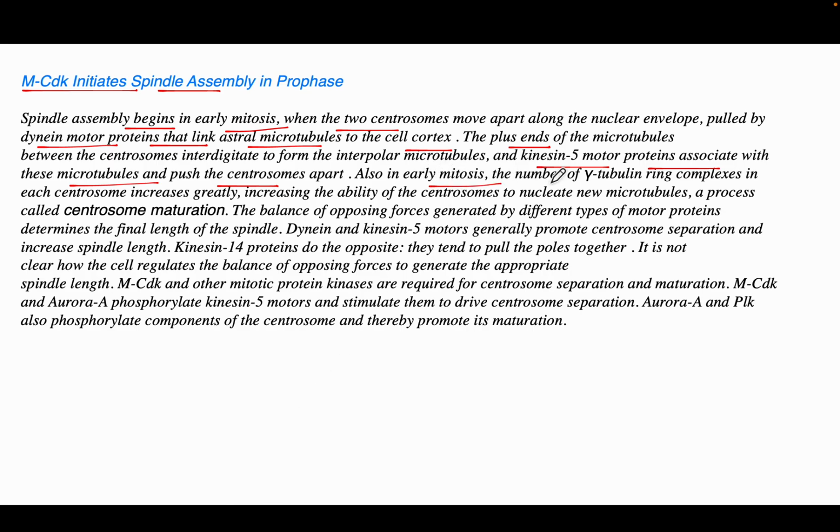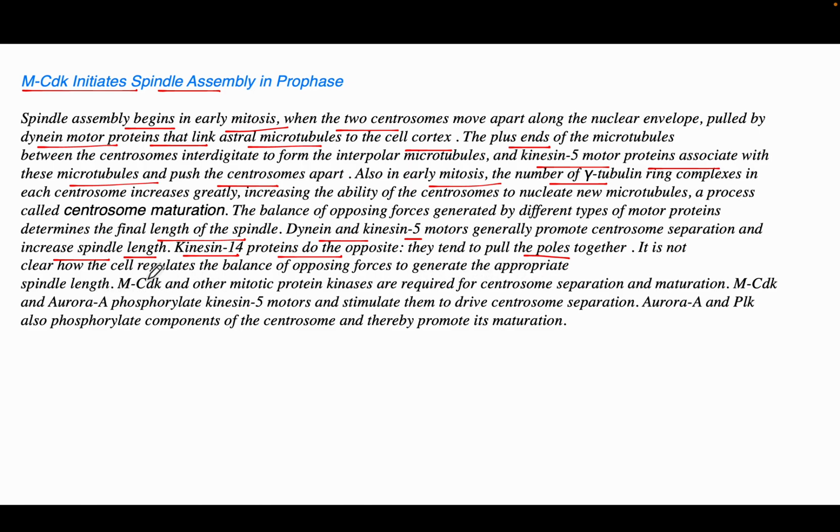Also in early mitosis, the number of gamma-tubulin ring complexes in each centrosome increases greatly, increasing the ability of the centrosome to nucleate new microtubules, a process called centrosome maturation. The balance of opposing forces generated by different types of motor proteins determines the final length of the spindle. Dynein and kinesin-5 motors generally promote centrosome separation and increase spindle length. Kinesin-14 proteins do the opposite. They tend to pull the poles together. It's not clear how the cell regulates the balance of opposing forces to generate the